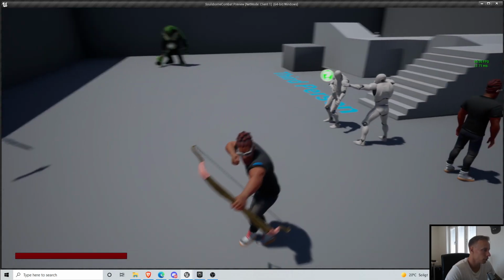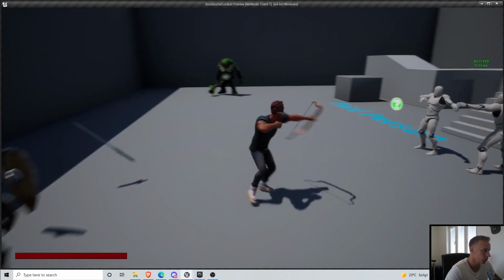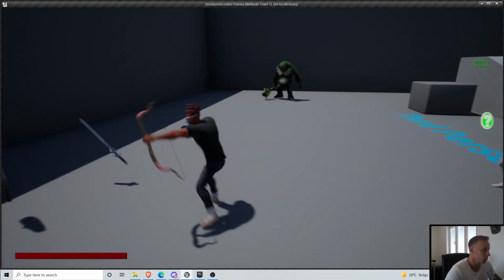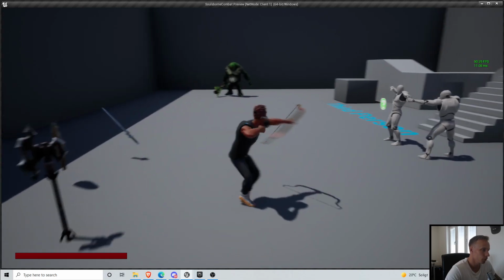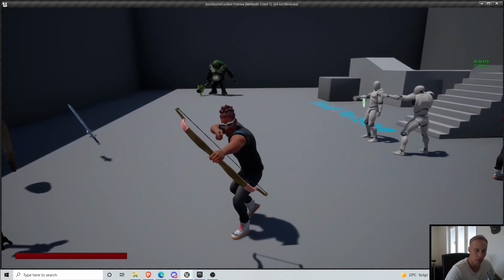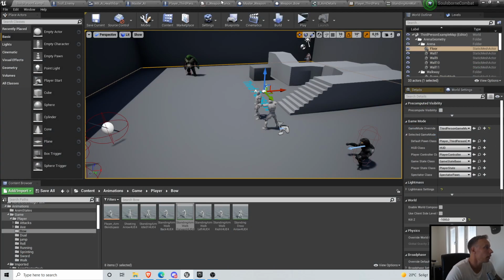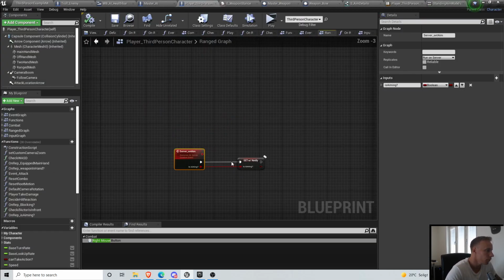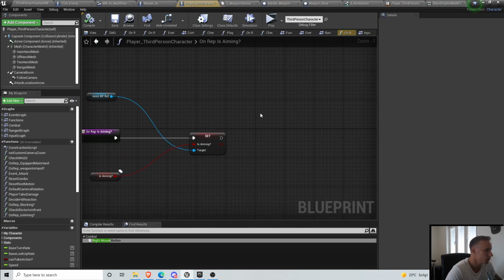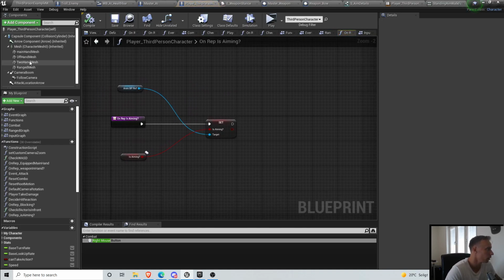Okay, obviously there are some things that I forgot. So we do not want to rotate in the direction. I'm not entirely sure why he's not idling. We'll fix that. But also, when we set the aim, we want to